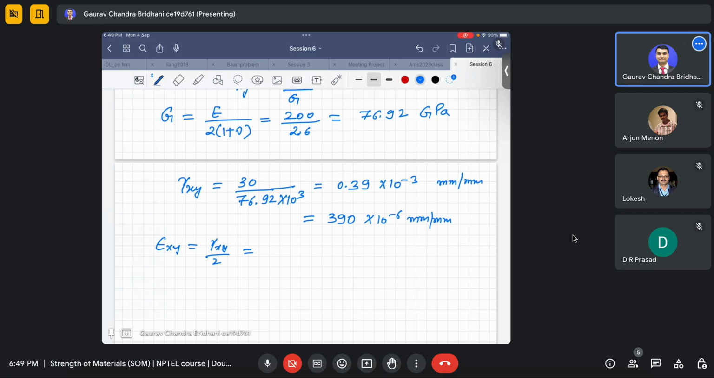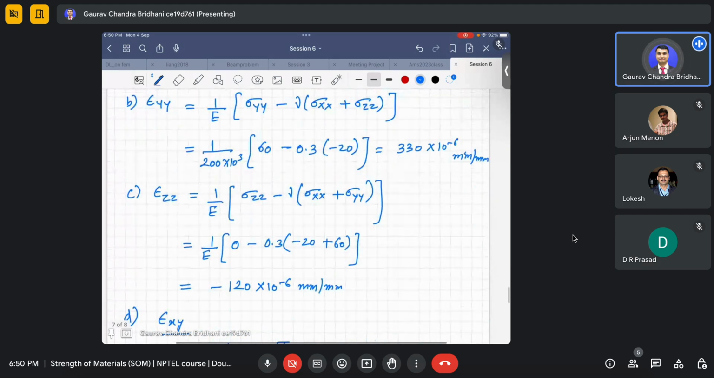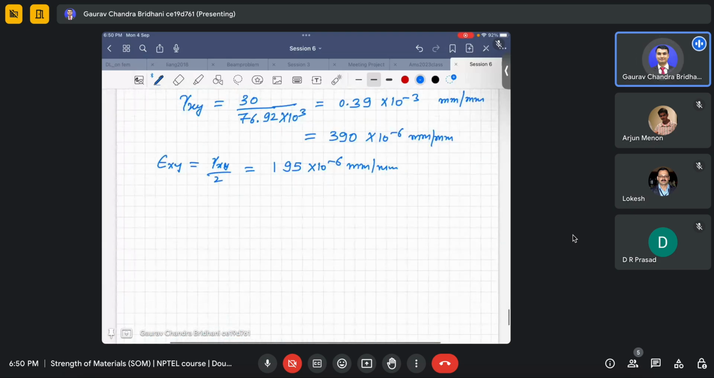So it will give us 195 into 10 to the minus 6 mm per mm. Okay, yeah, so that's how we will find the epsilon xy component. Now, we found all these components, so now I can create the other. Other components will be 0, because you know that tau xz is 0, tau yz is 0, so this would lead into